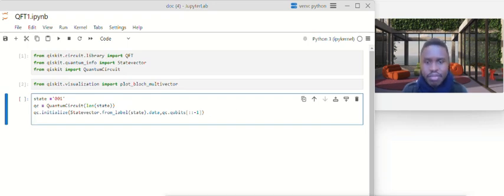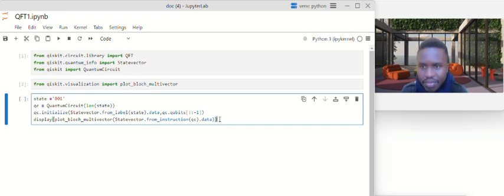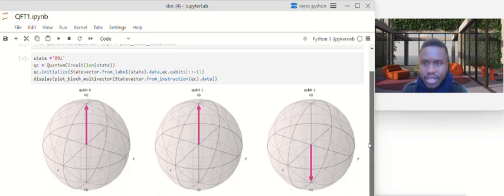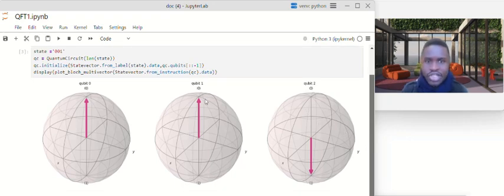Now, to see the Bloch sphere of this vector, we just need to use the display command, and by typing display, plot Bloch multivector of the state that we have created previously. And if we run it, we realize that we have the Bloch vector of our quantum state that we created above, which you can see here. It shows that the first qubit is in the 1 state, the second qubit is in the 0 state, and the third qubit is also in